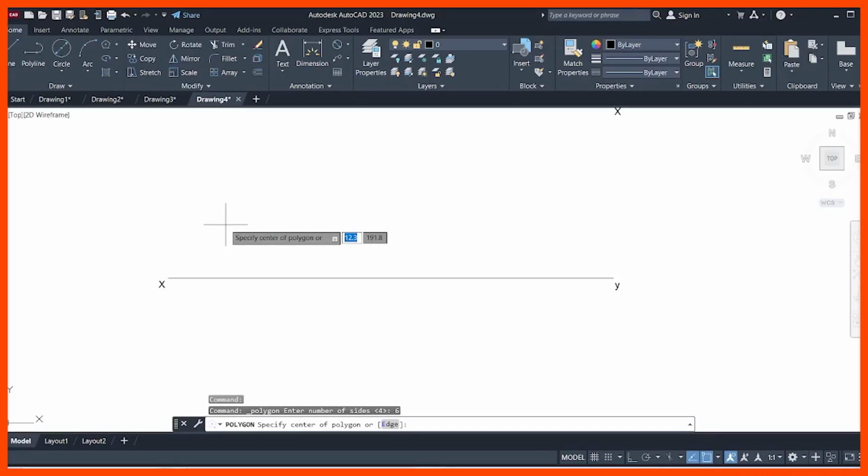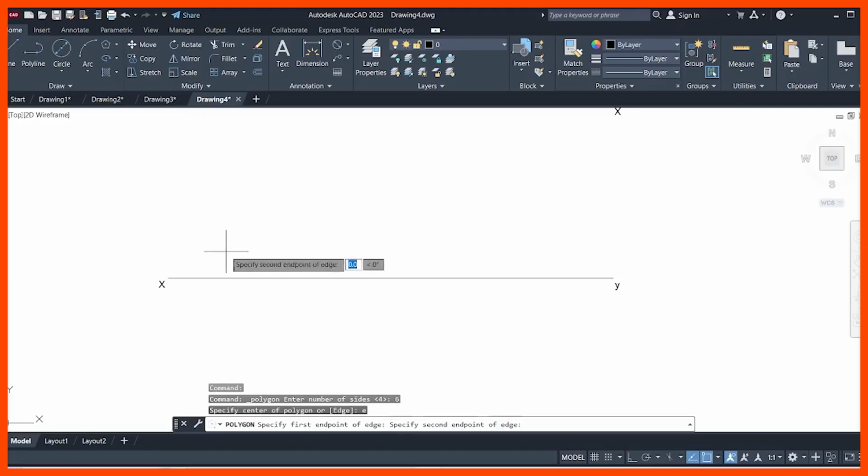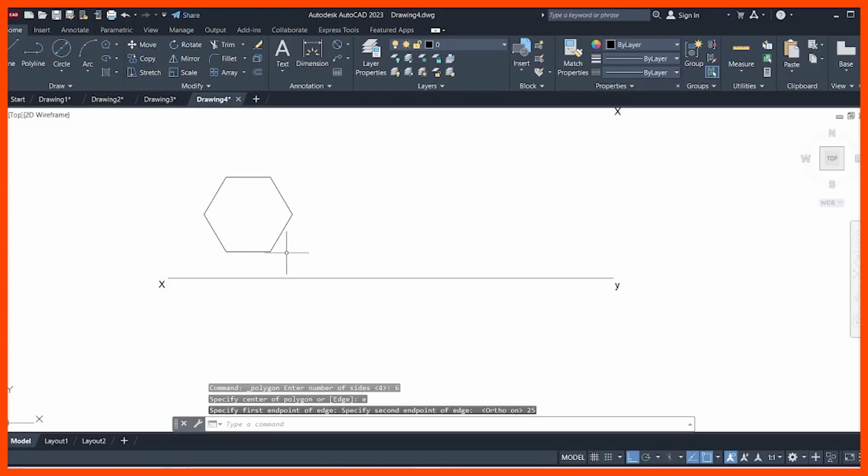And next one, edge, E, enter, click on the screen, drag the mouse, make sure to switch on the ortho mode F8 here. What is the height, what is the side they are given? 25, enter. And take the move command,